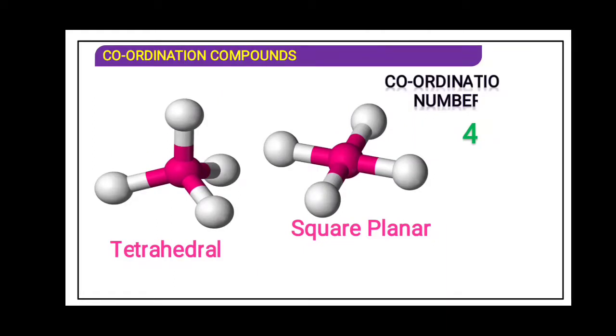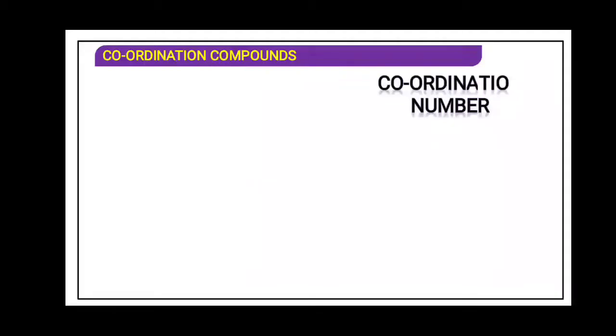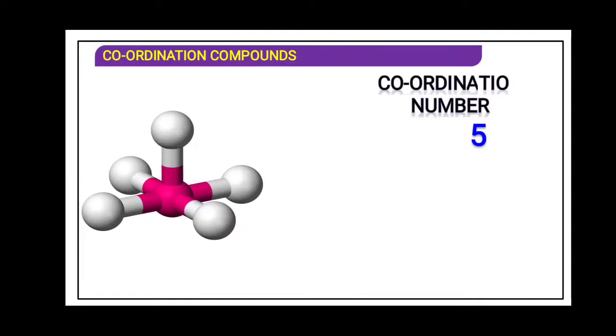There is also a square planar geometry which is in the plane, on the plane. With the coordination number 5, you can see 4 ligands are in the plane and 1 is on the top. So I can say square pyramidal, because it will form a pyramid. See how the pyramid will form. 1, 2, 3, 4. So from the top view there is a formation of pyramid, and from the bottom there is a formation of square. So it is said to be square pyramidal.